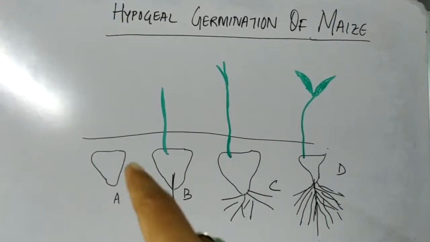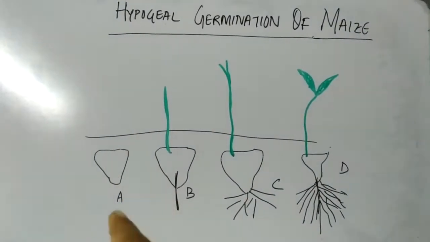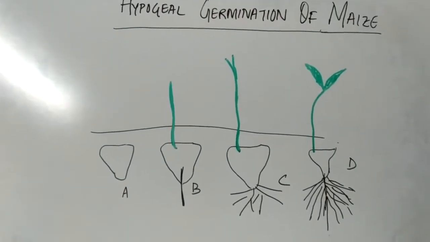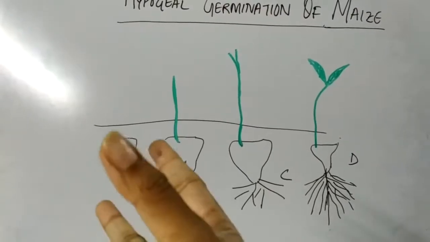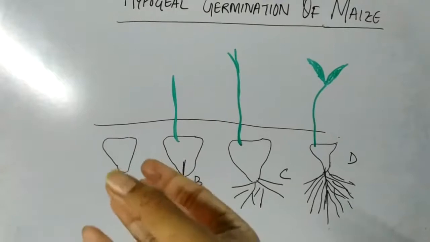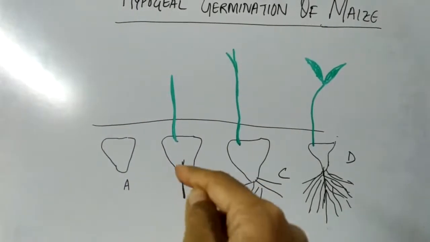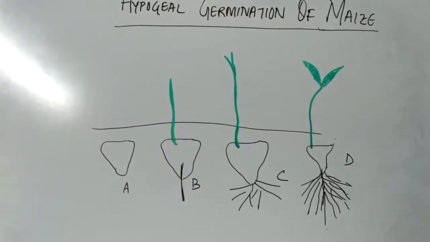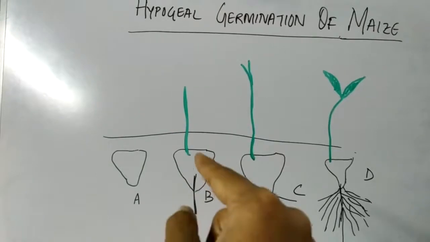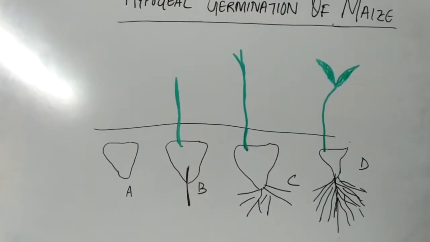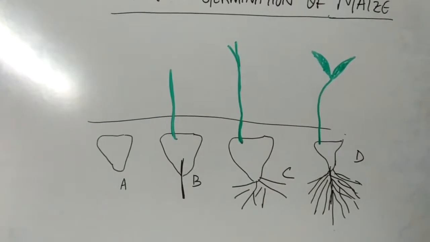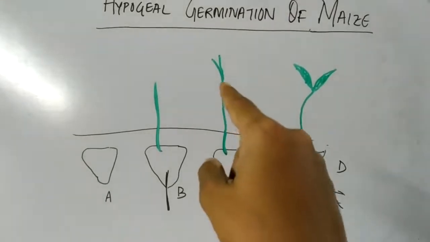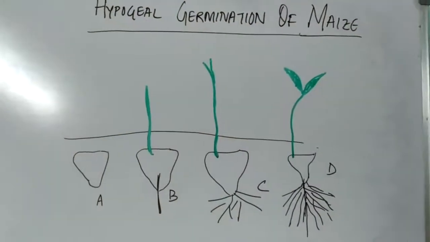This seed, after sowing in the soil or falling in moist soil, will start absorbing water, and as it absorbs water, the fused seed coat and fruit coat will burst, and from there the radicle will emerge downwards and the plumule will move upwards like this. The oxygen will help in breaking down the food present inside this maize grain, so that the seedling can get the necessary food from here. Slowly you see the plumule is elongating, as I have shown in the live model also,